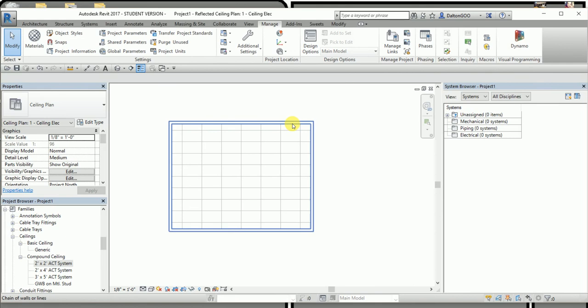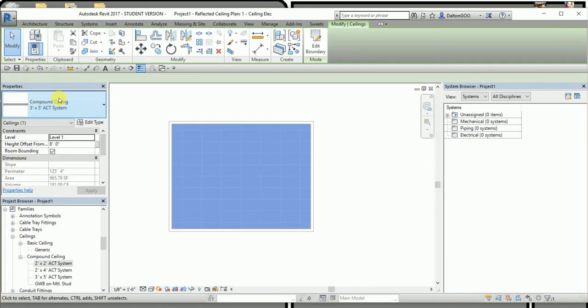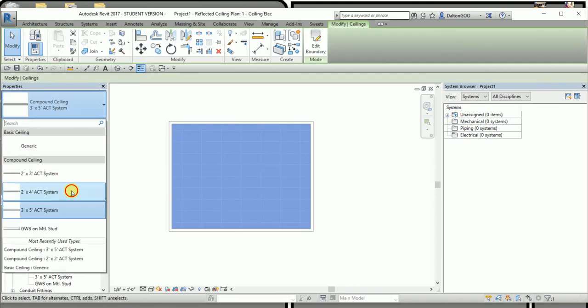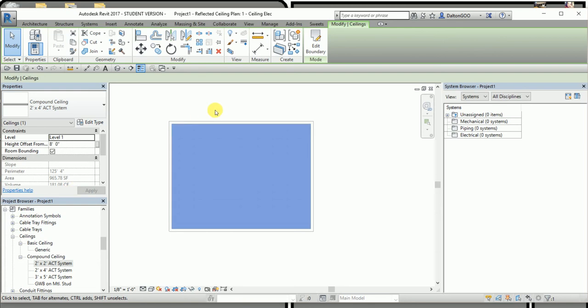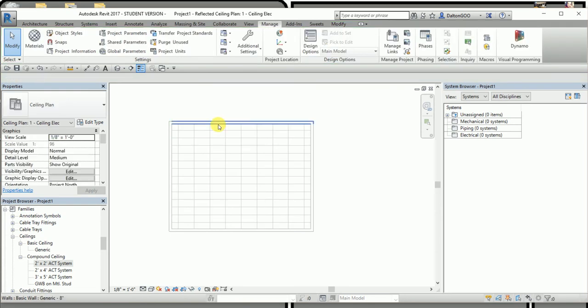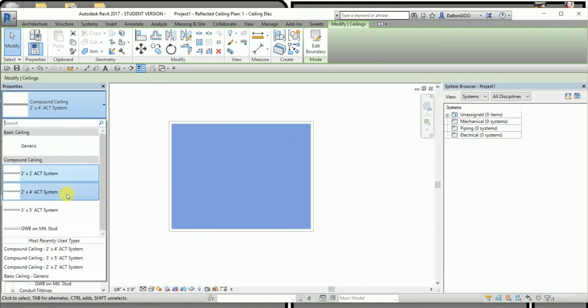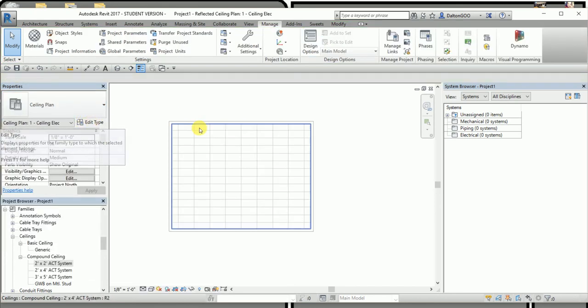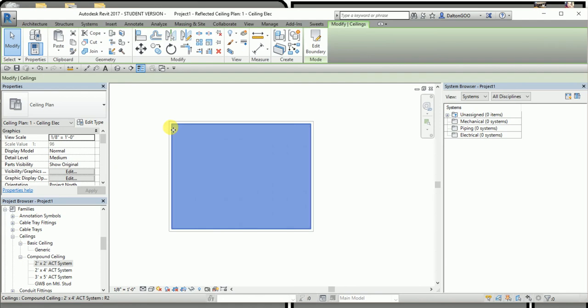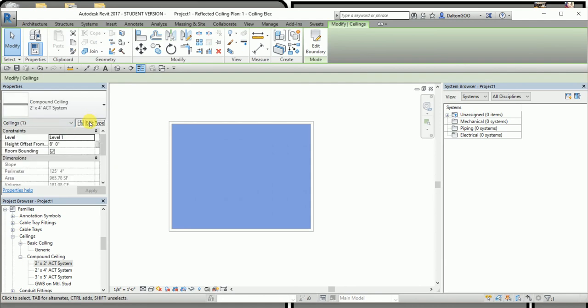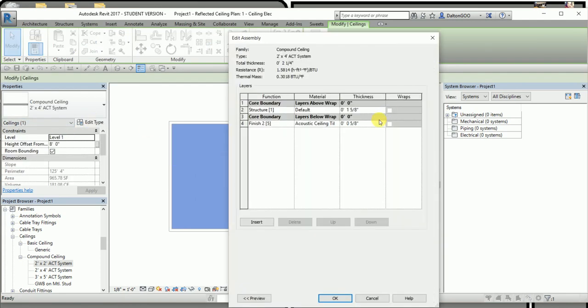And if you have your 2 by 4. That's the thing, like if I wanted to edit this ceiling and I go to edit type,